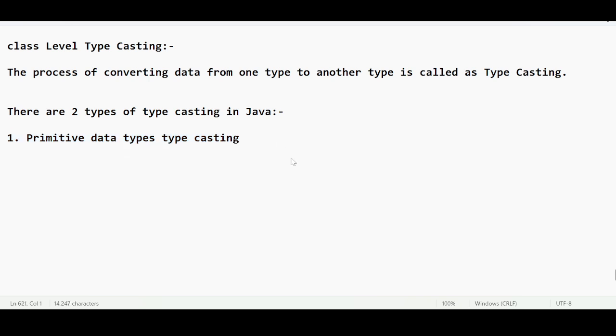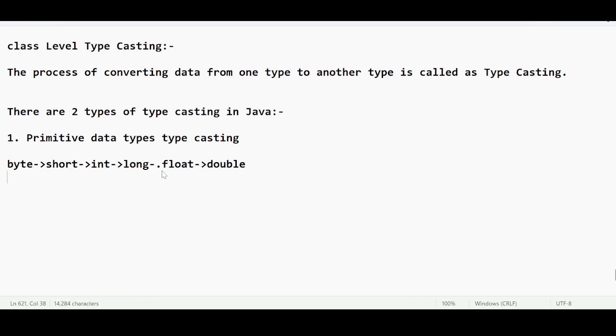Do you remember, guys, I was giving you conversions from one data type to another: byte to short, short to integer, integer to float, float to integer to long, long to float, float to double.